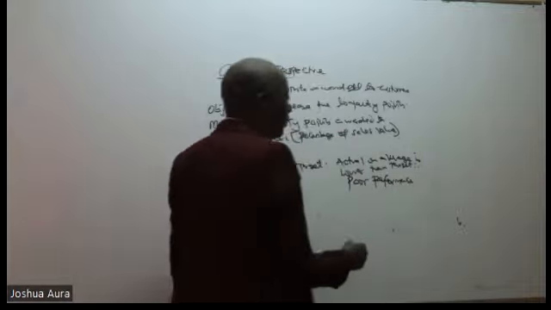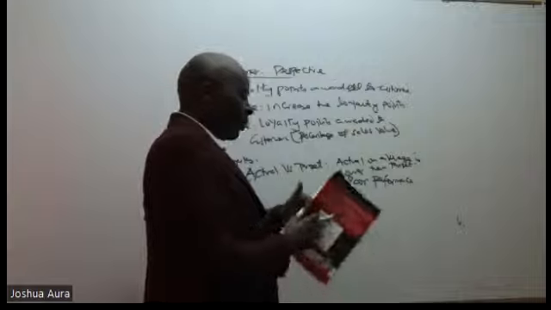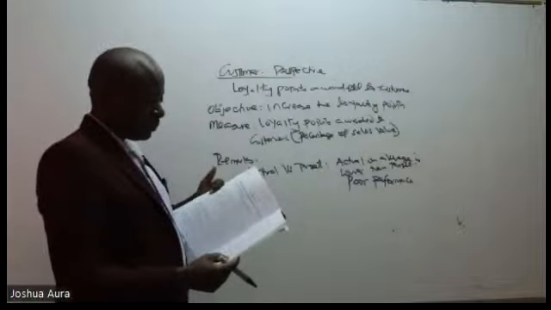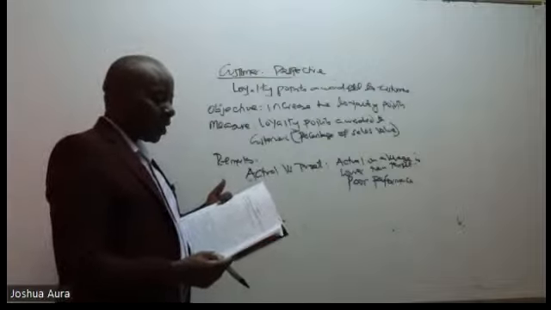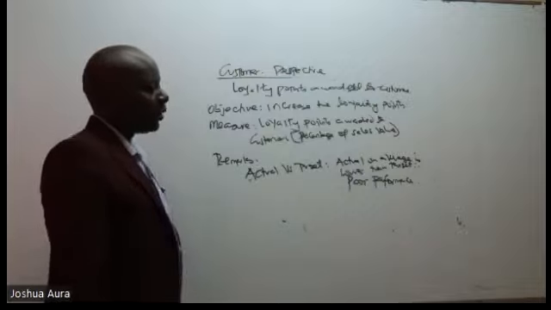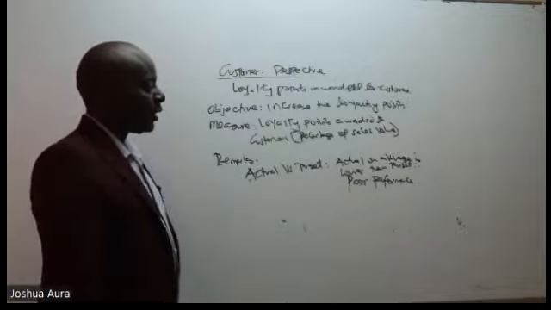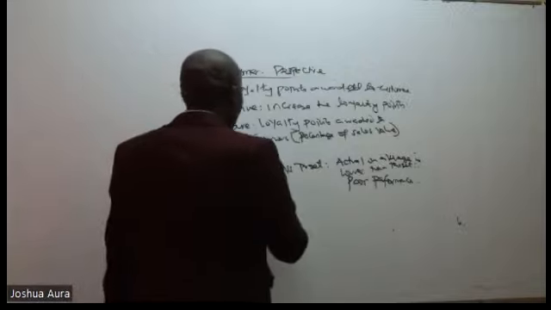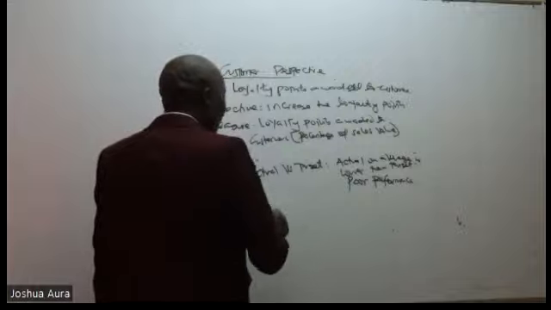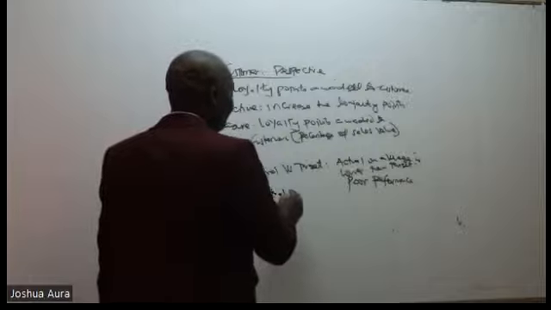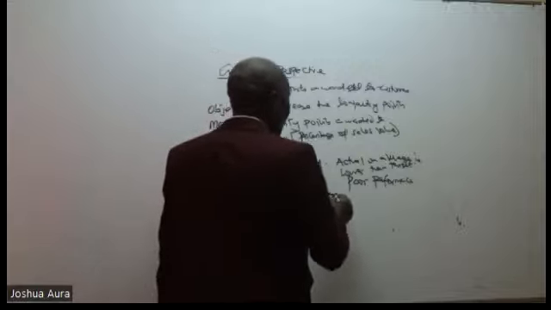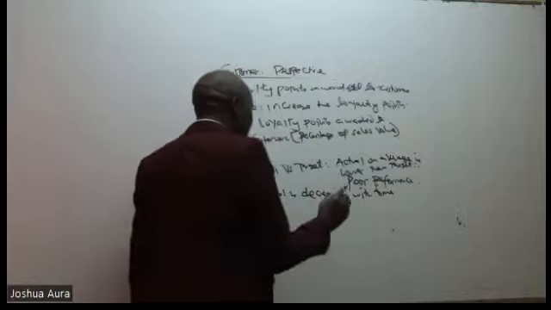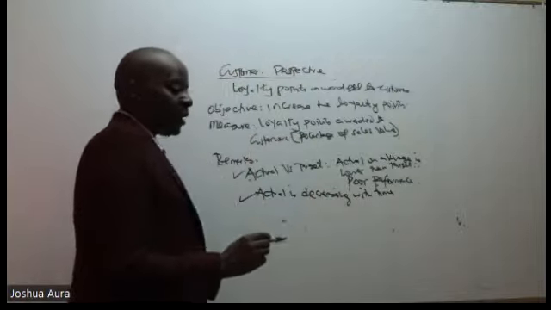On average, if I take the average of the three, 1.4 plus 1.3 plus 1.2 divided by 3, I can see straight away that the average will be lower than the target. So the actual on average is lower than the target. So poor performance. Great. Ladies and gentlemen, come and give us the trend about the actual. So I can see the actual is decreasing with time. The actual loyalty points given to customers is decreasing with time.